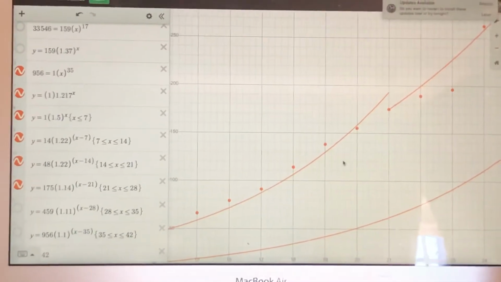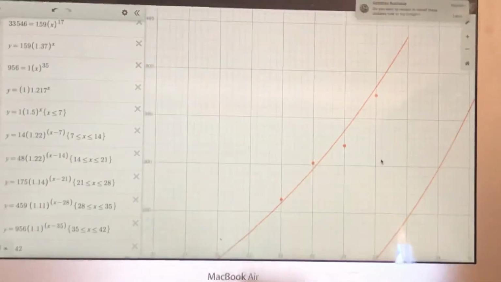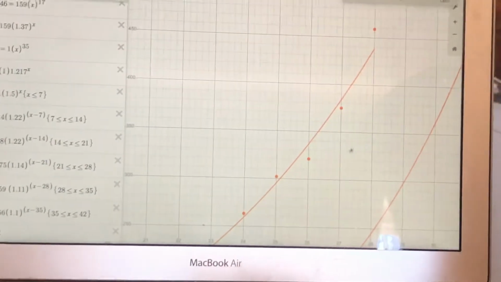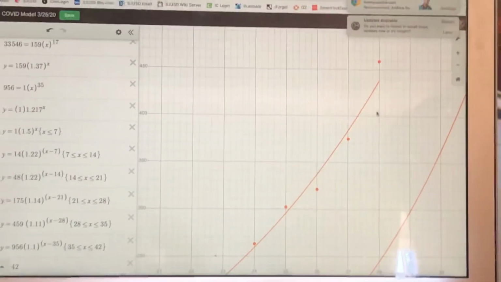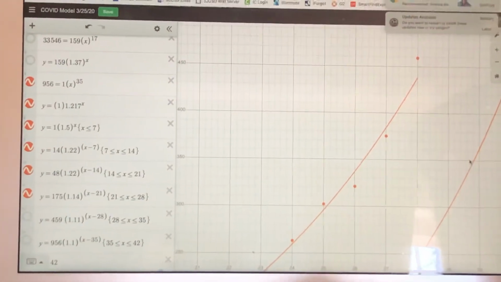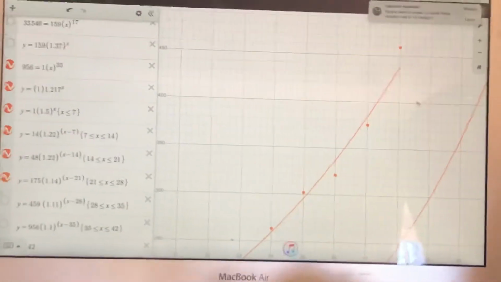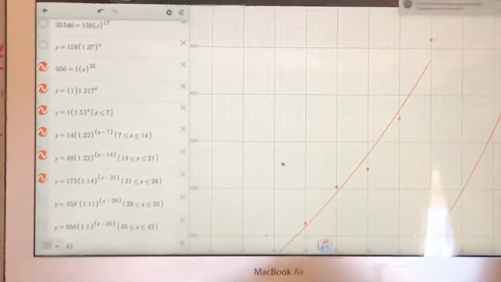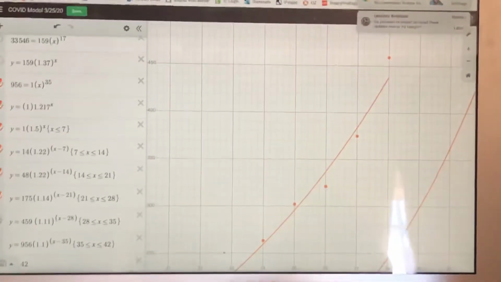And we'll get a look here. It tracks extremely well. It basically splits the data. Some are above, some are below. But basically it fits really well. And as you may notice, we are coming closer to that 1.217 line. So in a way, yeah, it's showing that we are actually coming back towards that and flattening the curve as we speak. Now we're on to week 5, starting on day 28 and taking us up to today.